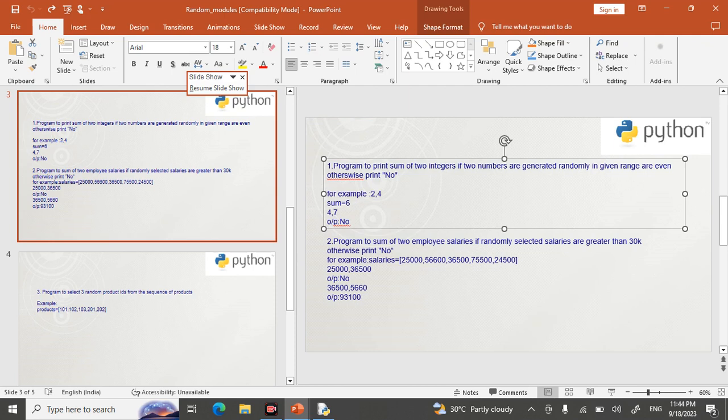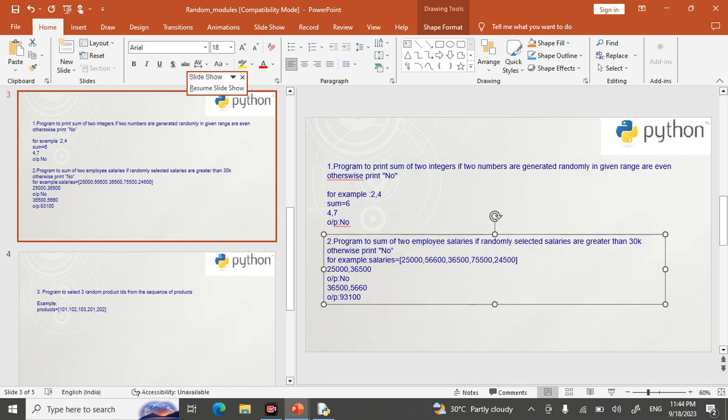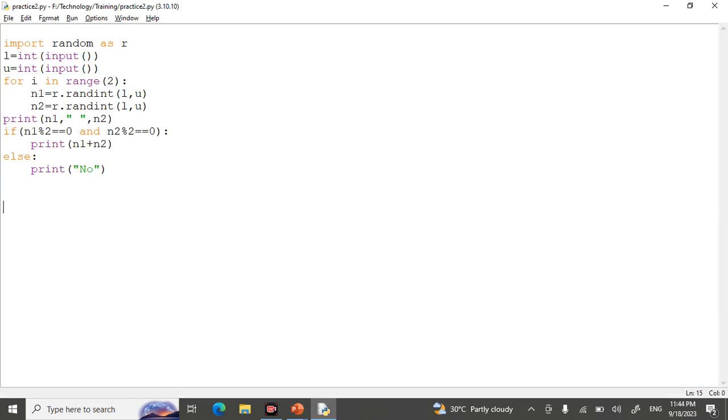Just bear with me. I want to take this salary data, I'm just taking it here. Open the editor. I'm commenting this. I'm taking that. Now from this sequence I should generate a